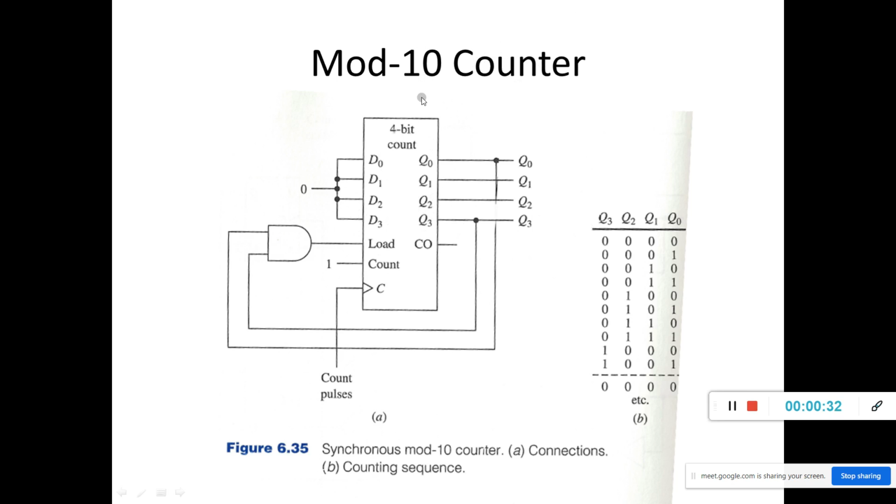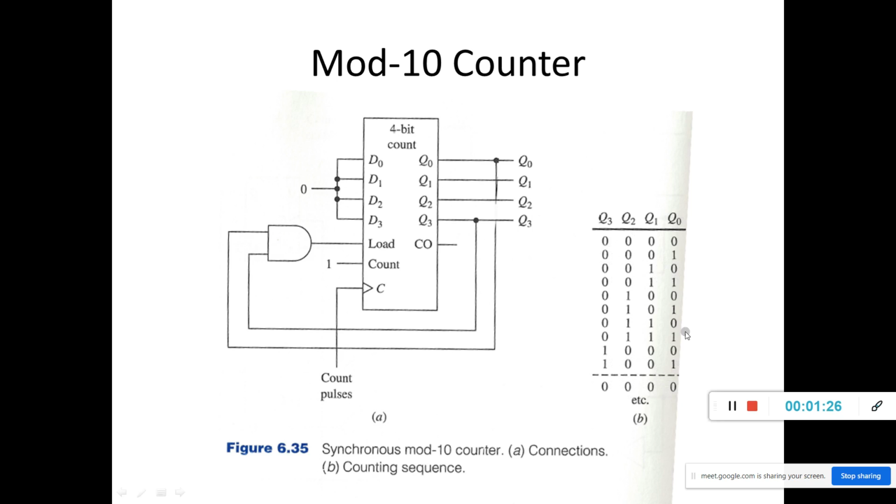So this is a mod 10 counter which counts the counting sequence from 0000 up till 1001. Once it reaches 1001, it will roll back to 0000, right? So this is a 4-bit binary up counter actually. Okay, actually it counts from 0000 up till 1111, but we have to make it a counter which counts from 0 to 9. 9 in binary is 1001. Once it reaches 1001, it will roll back to 0000 and then again start counting sequence 0001, 0010 up